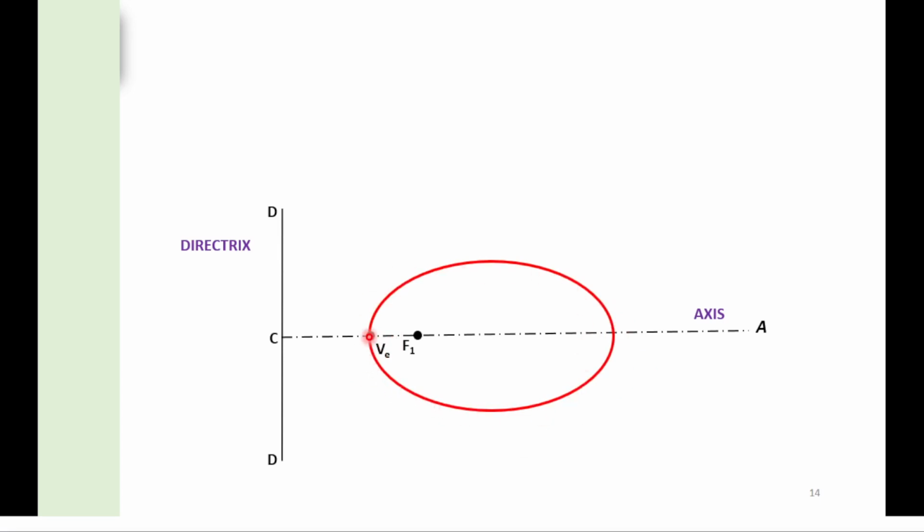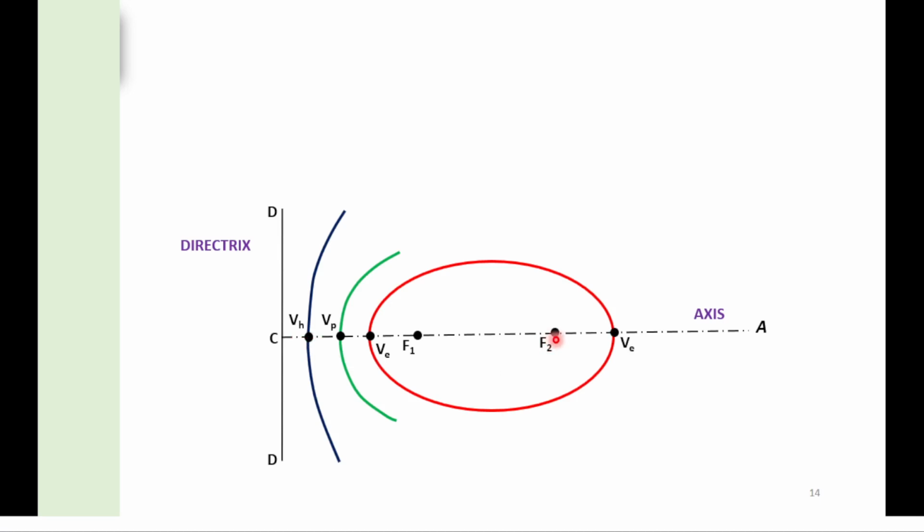The extreme points on this axis are nothing but the vertex. So this vertex E is a vertex for the ellipse. Now just consider this green curve, which is a parabola. This is a vertex P for the parabola. We can say that VP is the vertex for the parabola. Then this curve shows the vertex for the hyperbola.